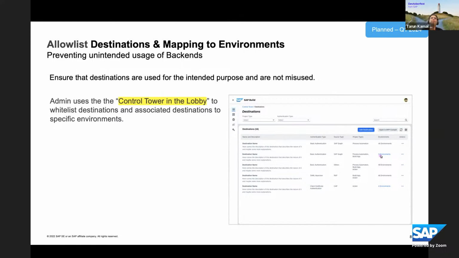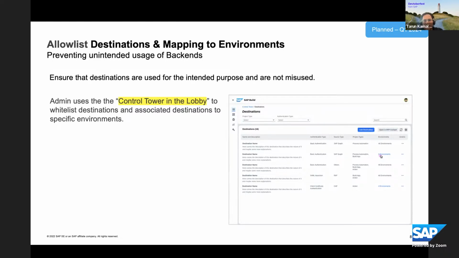So today, if you think of the model that we have, if you are in a specific tenant, which is either a dev or a test, you use only those specific destinations. But we cannot give fine granular access to these destinations, right? So you want to ensure that these destinations, let's say if they connect to your SuccessFactors systems, are used only by specific applications and not by all applications, or not used by all processes, right? So you could start to have fine granular permissions on these destinations as well, so that they are only used in a specific context for a specific purpose, and not for other use cases.